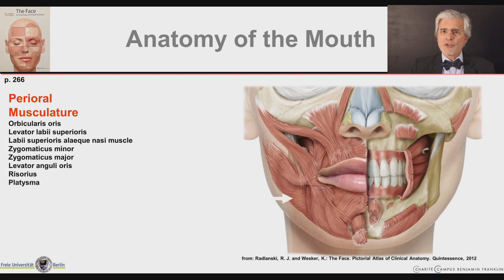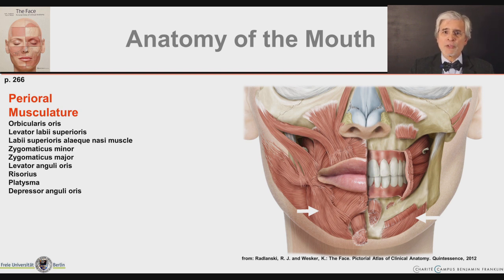In here in the lower cheek area you can see a part of the platysma. This is a very flat muscle that runs across the neck and extends somewhat across the cheek into the face. This is also one of the muscles of facial expression. And further forward on the face, at the corner of the mouth, lies the depressor anguli oris muscle, which, due